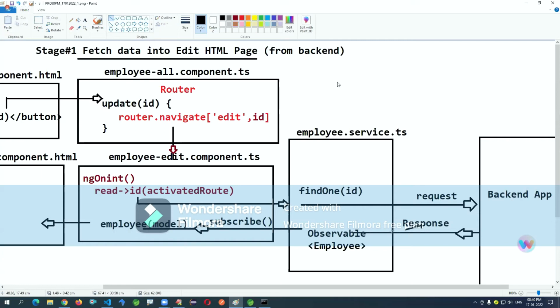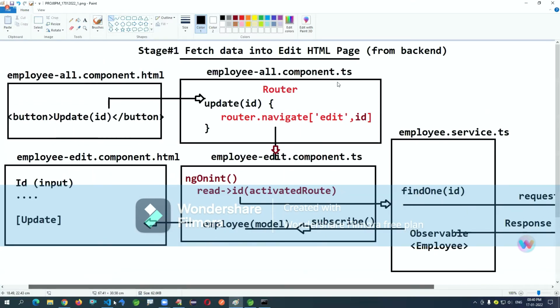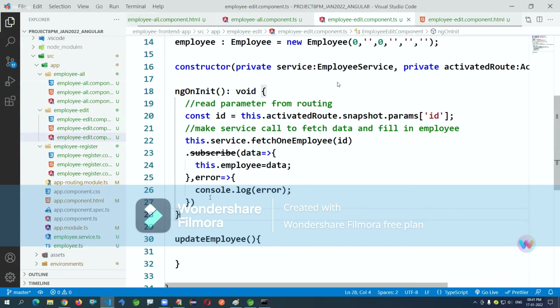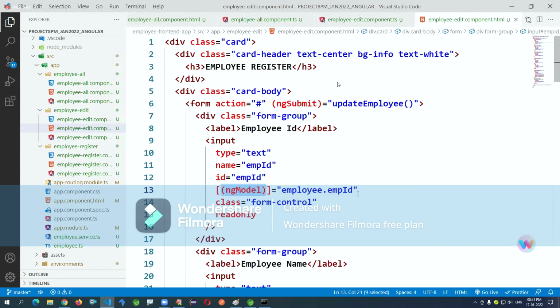This is response we got into observable. Observable be subscribed into employee. This employee, see this employee component, see this employee, we are reading the data by using ng model. ng model is two directional binding, two-way binding. Do you remember thymeleaf form? Like this. It is used when you submit the data, this data will be updated. When you write ng model, it will read the data. Okay, this is to read the data and submit the data, two-way binding.